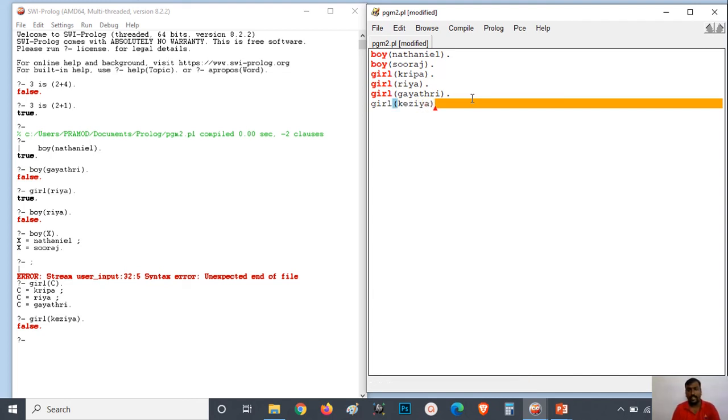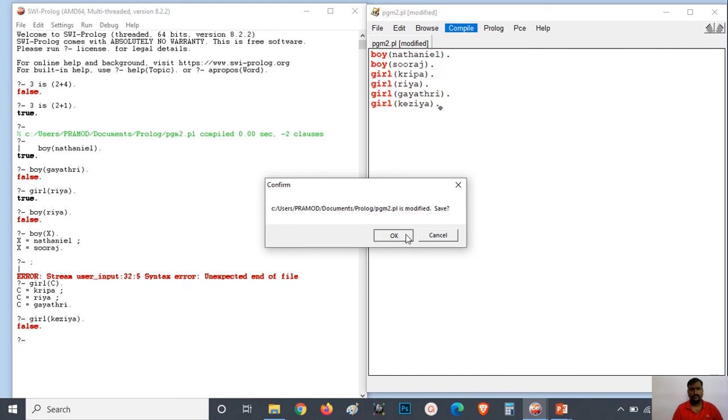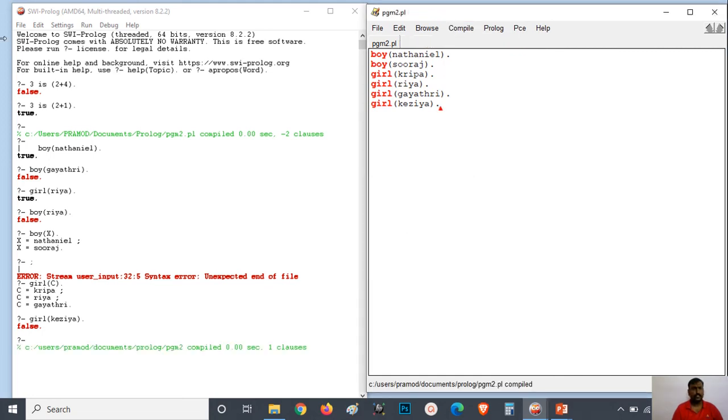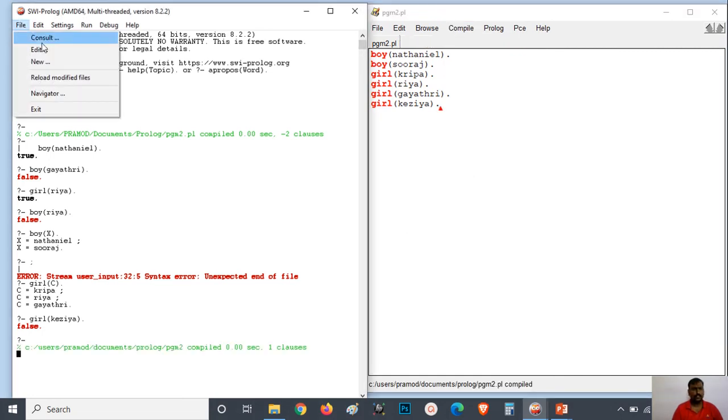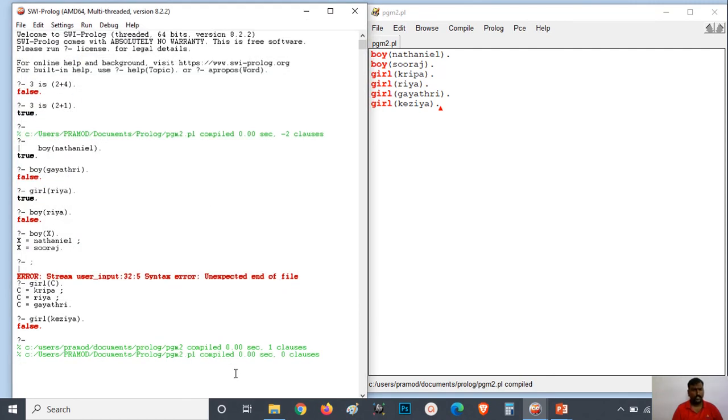Always remember to type the atoms in small letters, put a full stop, then you have to compile again, then load that program again, consult, program2, loaded. Next you can type girl of Kesia. Now it will show us true because now the matching fact is there in the database. So this is how Prolog answers its queries by checking through the facts stored in the knowledge base.